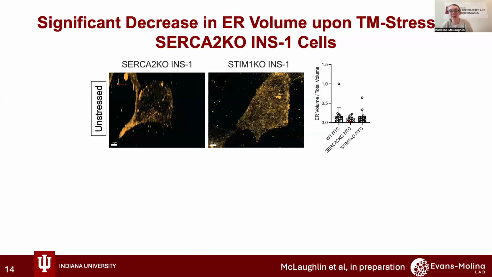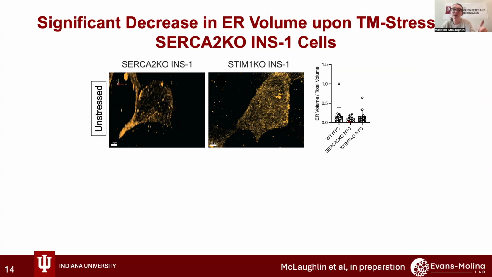As I described earlier, calcium plays a vital role in normal beta cell function by regulating critical steps in insulin production, maturation, and secretion. And our group has shown that levels of SERCA2 and STIM1 are decreased in islets from organ donors with diabetes, and that loss of either SERCA2 or STIM1 results in increased ER stress. However, the relationship between SERCA2, STIM1, and beta cell ER structure has not been studied. So next, we used those genetic knockout cell lines that I described earlier to compare ultrastructural changes to wild-type INS1